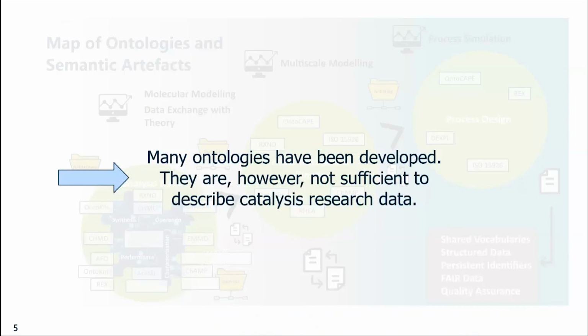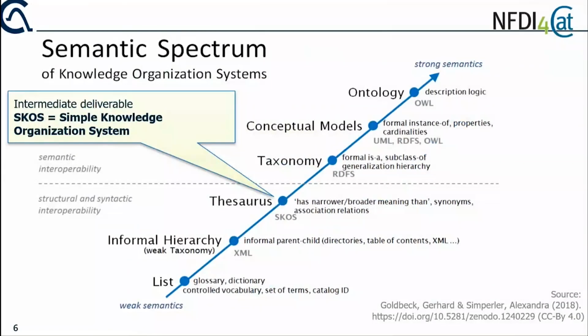So we decided that we need to fill the gaps that are there. And since we have few semantic engineers, of course we could not approach all these domains in one project with few people. So we decided not to go to the highest level of the semantic spectrum to develop ontologies from the beginning, but we identified as an intermediate ground the development of vocabulary, so thesauri, which can be expressed in SKOS